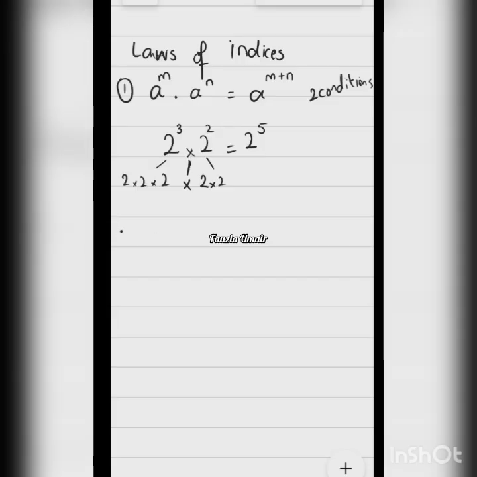All right. So second is, if the base is same, it's called quotient law or division law, and there is a division sign. So again, there are two conditions. Base is same and there is a division sign. So we subtract the powers. All right. We subtract the powers. So जैसे कि हम करते हैं कि 2 raised to power, let's say 7 divided by 2 raised to power 2, the answer would be